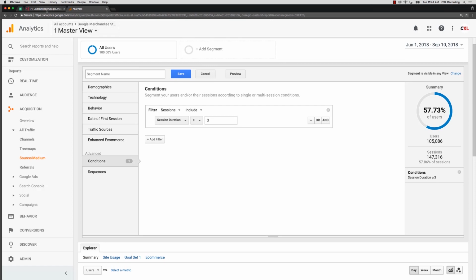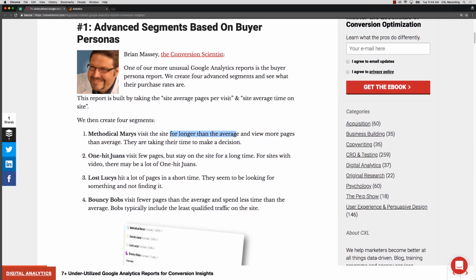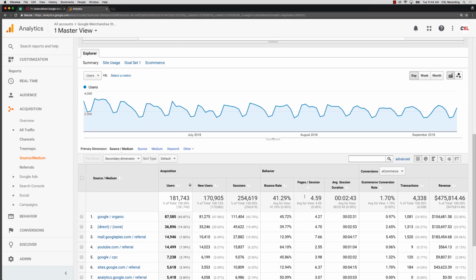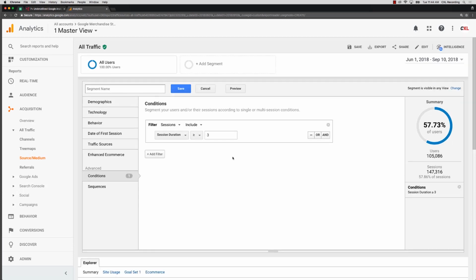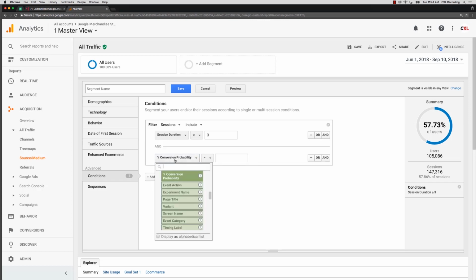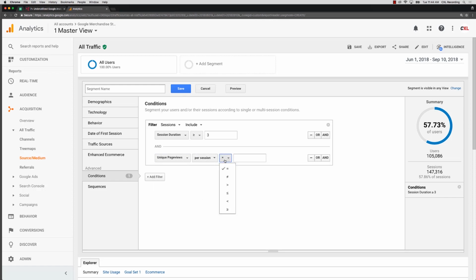Now in his segment, Brian also mentioned not only is it longer than average, but there's also more pages than average. So we're going to scroll back down and look at our average. In this case, it was around 4.5. Let's call it 5 pages. So not only do they have a session duration that's greater than 3, we also need to have, let's say, unique page views. So we'll do unique page views per session where they had greater than or equal to 5 unique page views. So now we've got our segment that shows a session duration, how long they're actually spending in the session itself, greater than 3, and they've seen a lot more pages than average, in this case 5. So we're going to save this and say this is our methodical